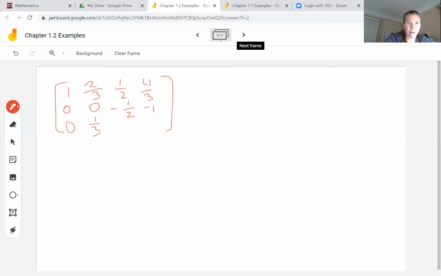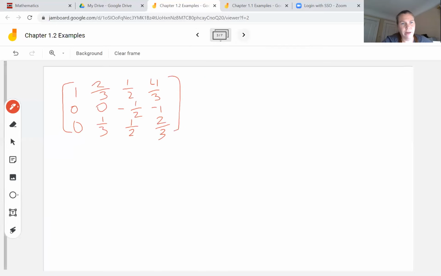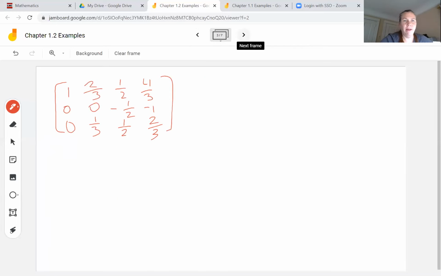All right, you can go back and check my arithmetic, but I think that we are in good shape. So you can see from the previous matrix, the change I've made is in row 3, and in row 3, now I am getting closer to row echelon form. So now what I would like to do is get leading coefficient 1 in the second row. So this value right here, I want to make that a 1. So I'm going to do that by taking